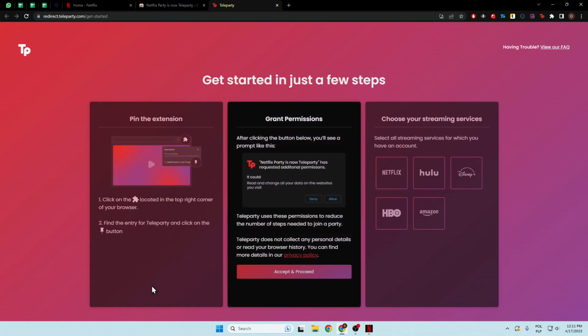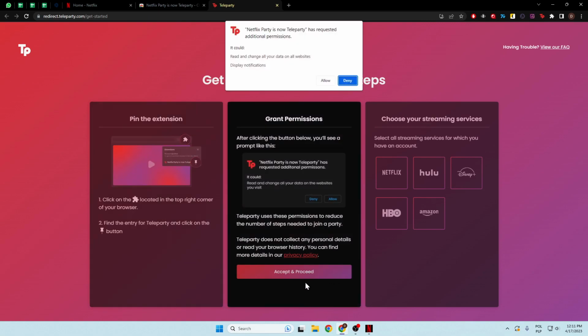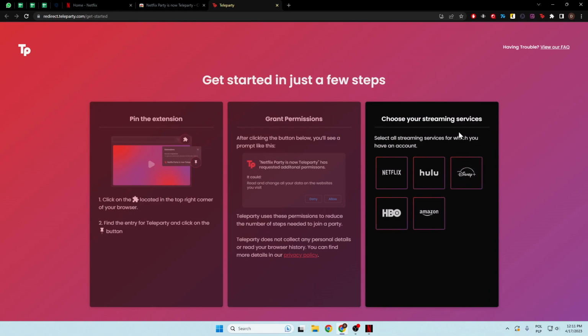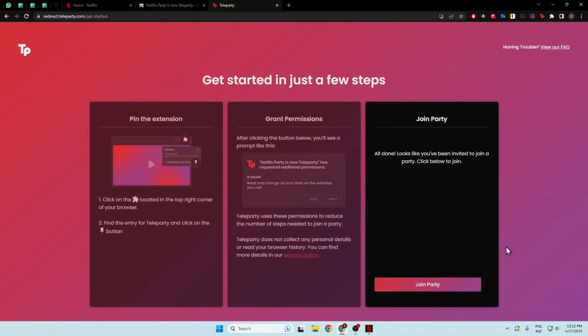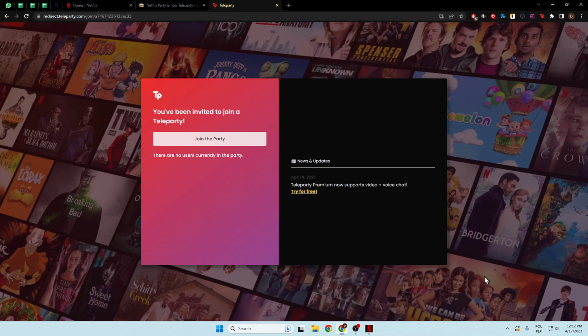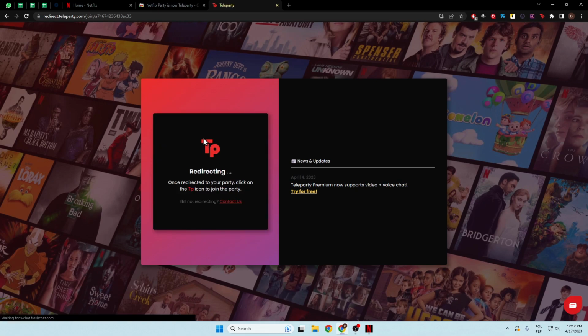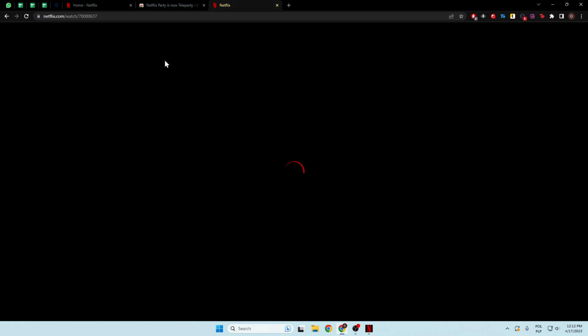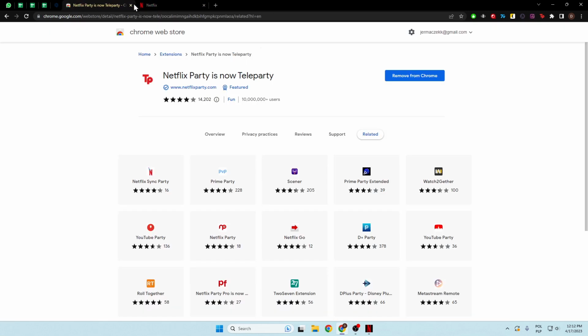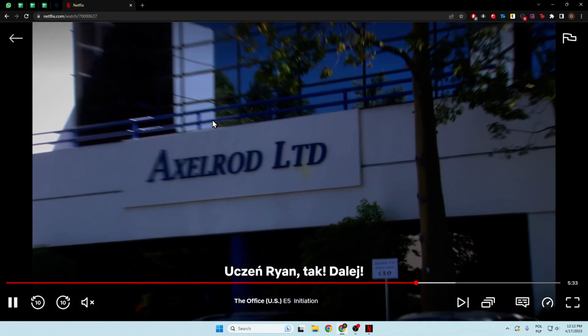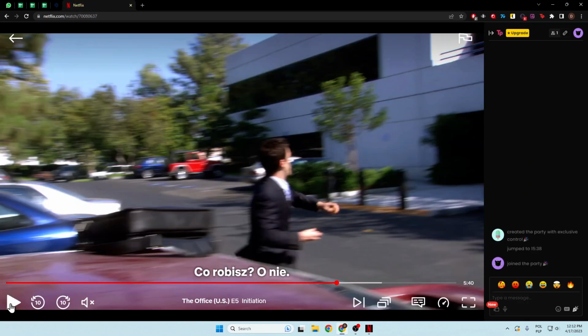So we have to confirm this step, then click to accept, click to allow, and select Netflix or any other streaming services that you are going to watch with your friends. I'm going to use only Netflix, so click continue and then tap to join the party. Click join the party one more time. Right now we can close this Netflix website, also this Chrome Web Store, and as you can see we are